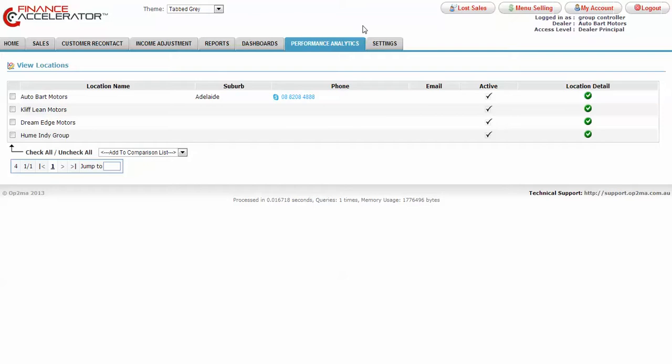At the dealer principal access level and higher, there's a tab called Performance Analytics. In here, it allows you to create your own comparison lists based on the data that's held within the system. So if we look at View Locations first, it'll display all the locations you have access to. To check them all individually, or you can click on the box here and it'll add them all to a